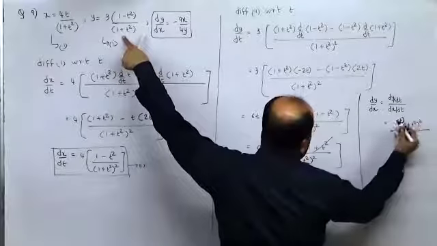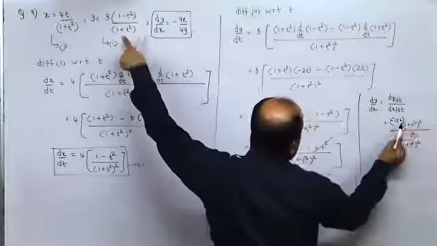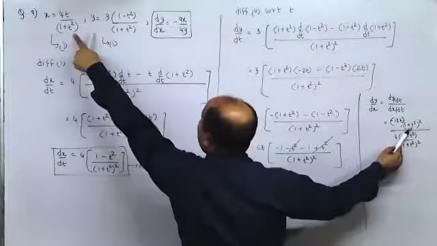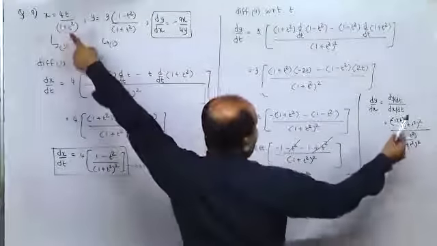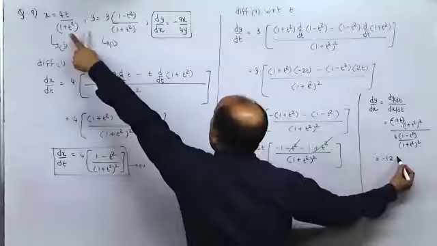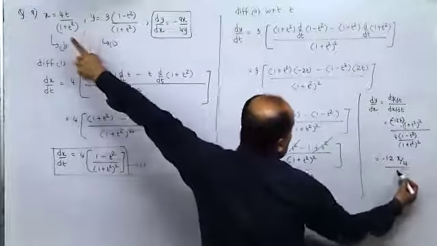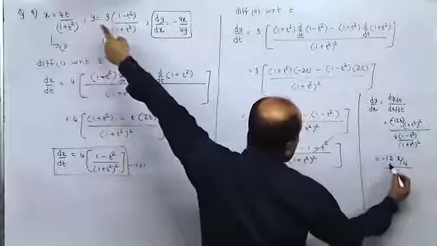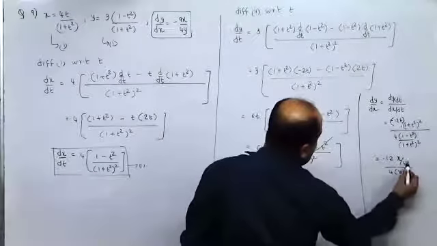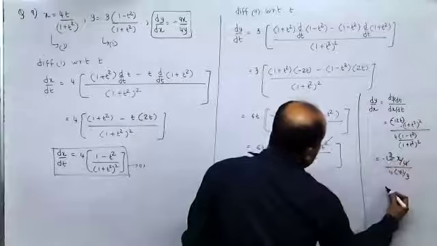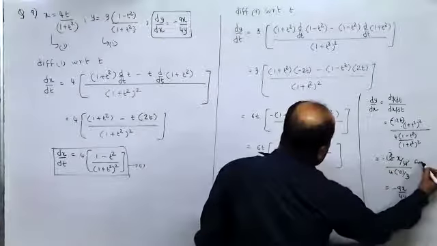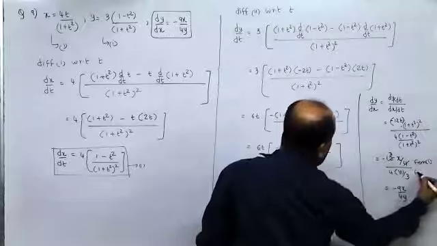So this is minus 12t upon this. Instead of t upon 1 plus t square, I'll write x upon 4. So this would be minus 12 into x by 4. And here I'll write 4 into y by 3. So this is 4 3s are 12 in the denominator. When I simplify it, it becomes minus 9x by 4y. And this is from 1, this is from 2.